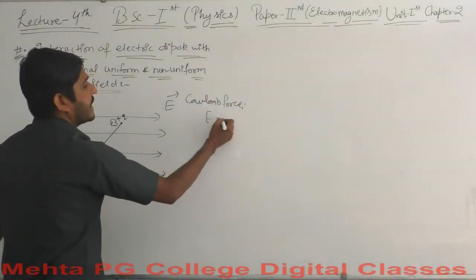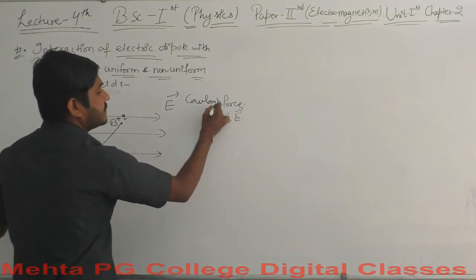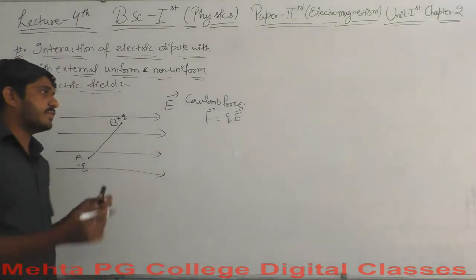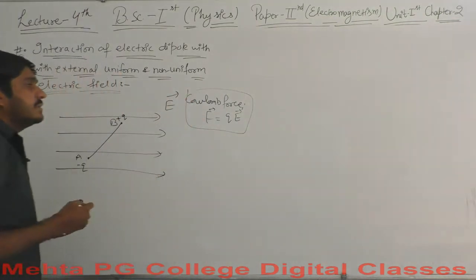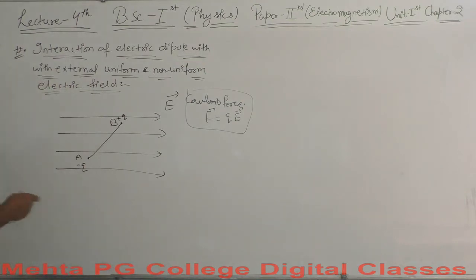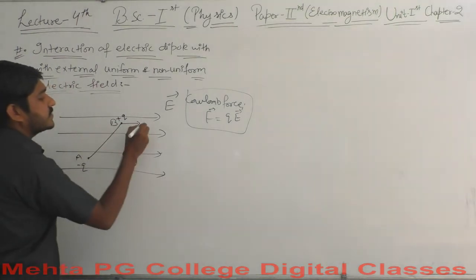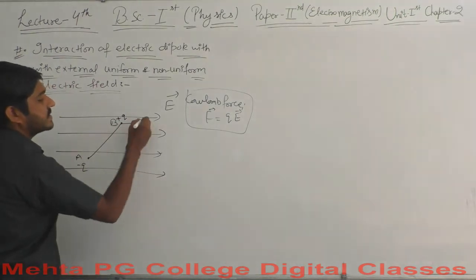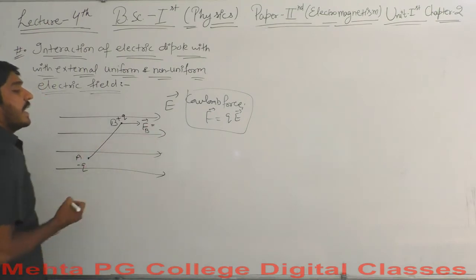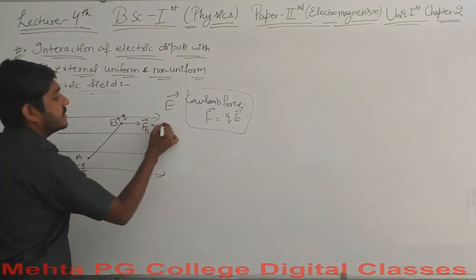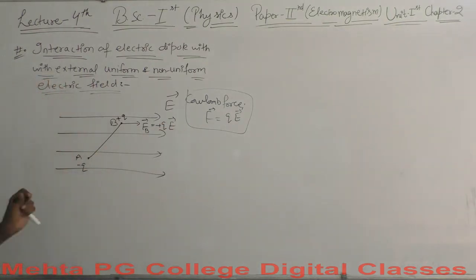Let's say this is denoted by F, and you remember that F is equal to QE. So let's use the same phenomena here, using the phenomena of Coulomb force within this example. This is the plus Q direction, so let's say this is the direction of force here, FB. It should be said that plus QE is the force at point B here.